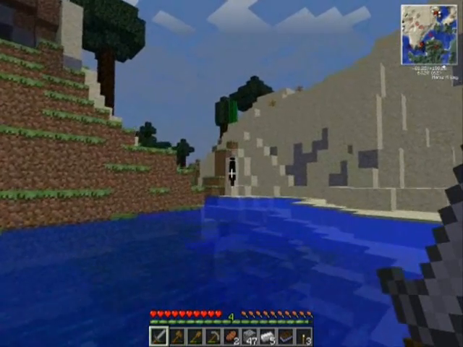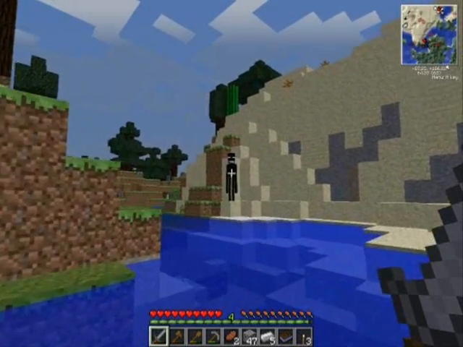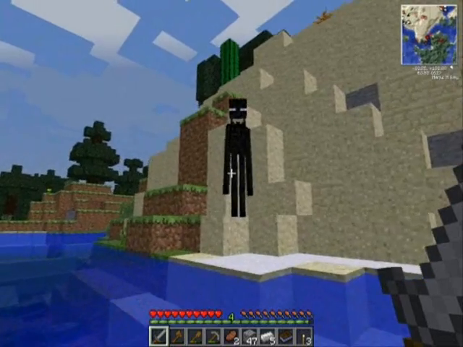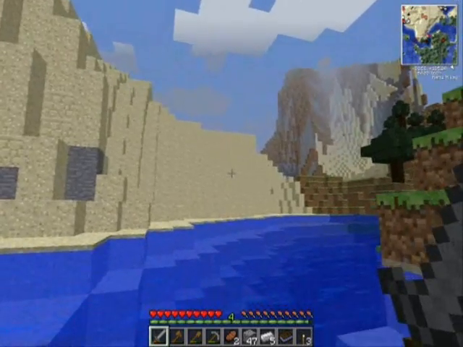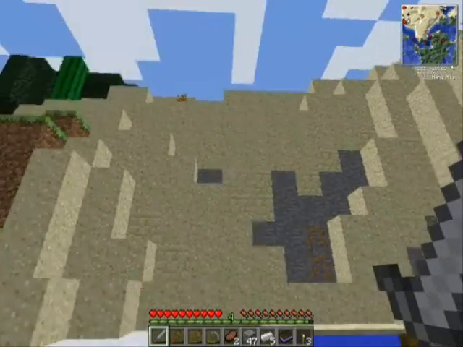Stare at that one. Yeah, that's another thing I learned. If you stare at them, they won't move. They'll move to the side, but if you keep an eye on them, they won't move. And I don't know what's up with daylight and Endermen. I know that they're supposed to burn in daylight, but I think it may be...